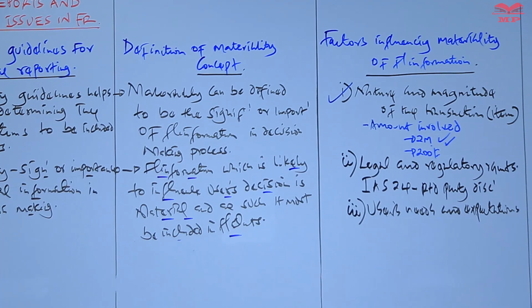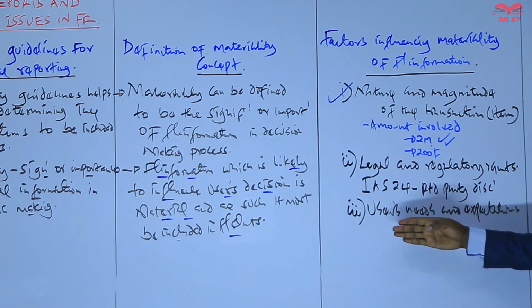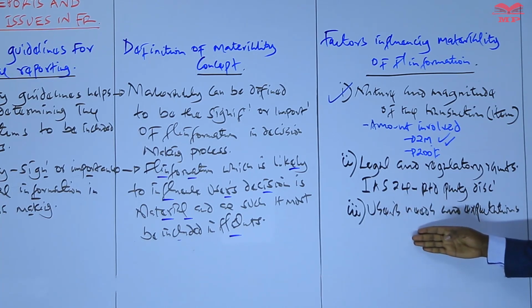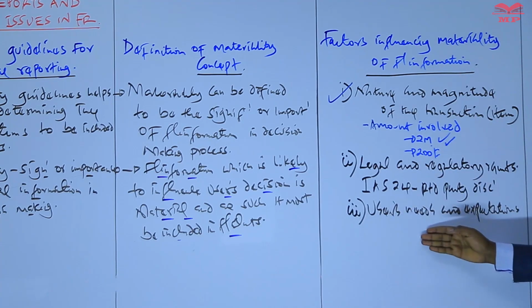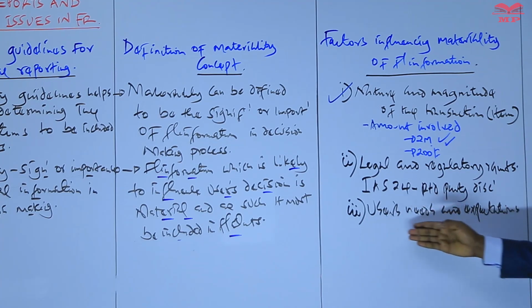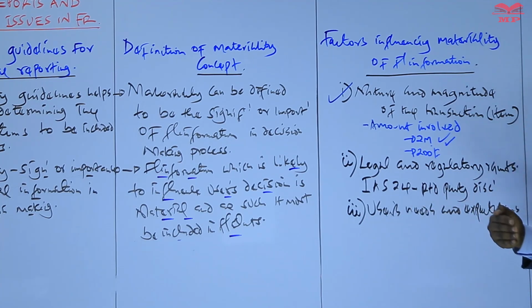If, for example, there is some information which the shareholders of the company or the potential investors want to see in the financial statements, and that information has not been disclosed, irrespective of the amount involved, then we can say that item is material, because the investor has not been able to see the item he was expecting from the financial report. So the decision he will make will be affected by the fact that the item has not been disclosed.